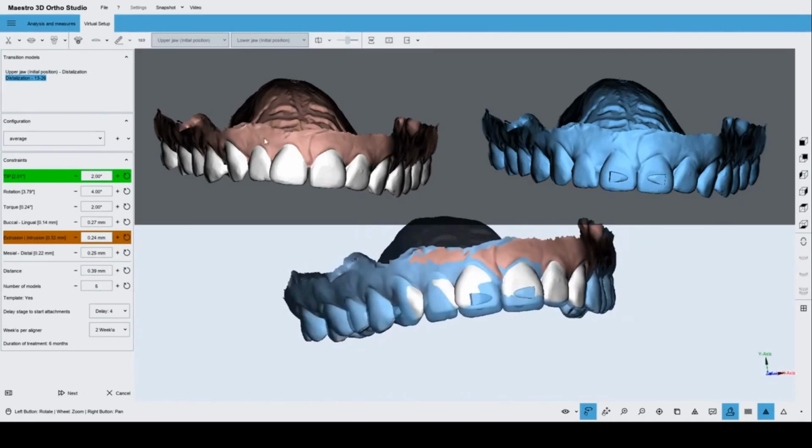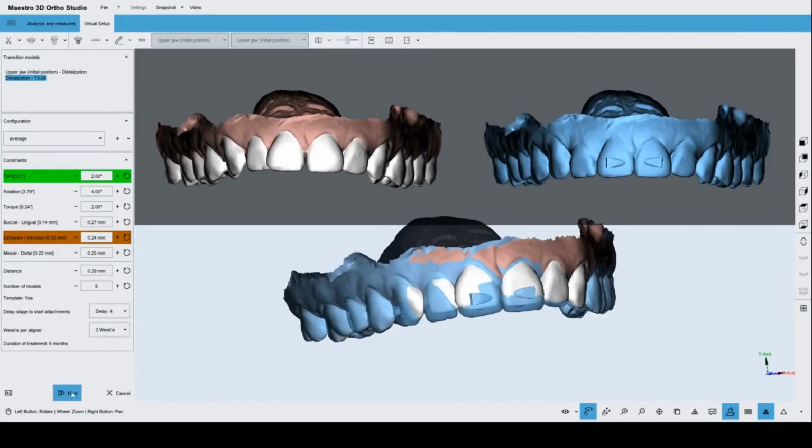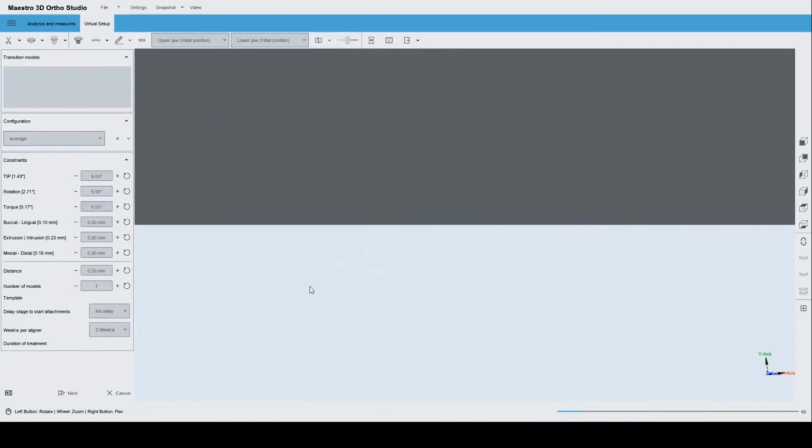After selecting my parameters and pressing next, okay, the software shows me that there is a problem. Let me show you again. There are 2 movements that exceed, 2 values that exceed the maximum allowed. So the software also gives me some warnings when I do the movements. So pressing next, at this point, I have finished my preparation of the models,